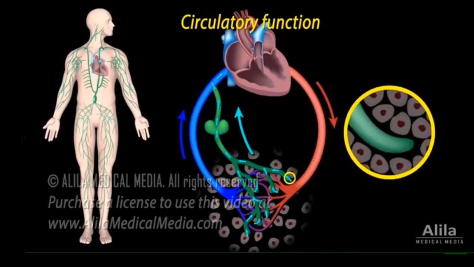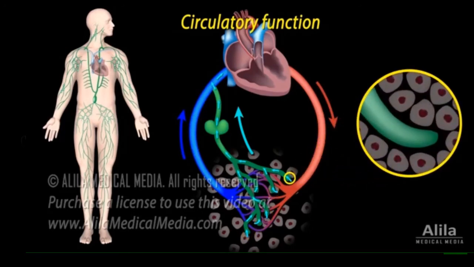Lymphatic vessels begin as lymphatic capillaries made of overlapping endothelial cells. The overlapping flaps function as a one-way valve. When fluid accumulates in the tissue, interstitial pressure increases, pushing the flaps inward, opening the gaps between cells, allowing fluid to flow in. As pressure inside the capillary increases, the endothelial cells are pressed outward, closing the gaps, thus preventing